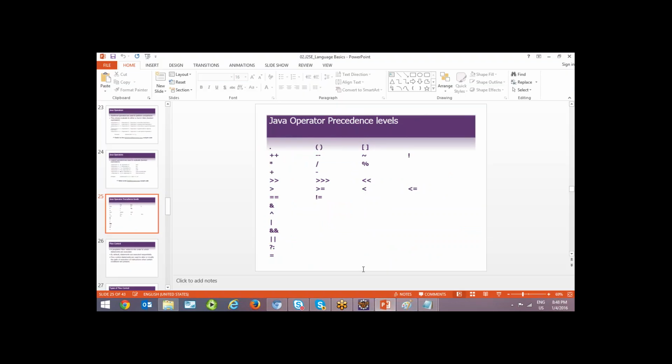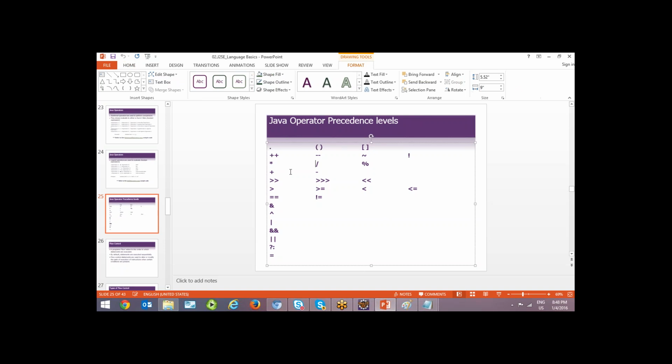This is called operator precedence. I mean definitely there will be multiple operators whenever it is operating in an application. So there is an order the compiler will follow. Means from top to down and from left to right it will follow the order. Means in a single expression if you have asterisk then div symbol and plus and minus, which need to be evaluated first, right? This is the order the compiler will follow. You must have an idea on this. This is called operator precedence. Every language will have its own operator precedence.